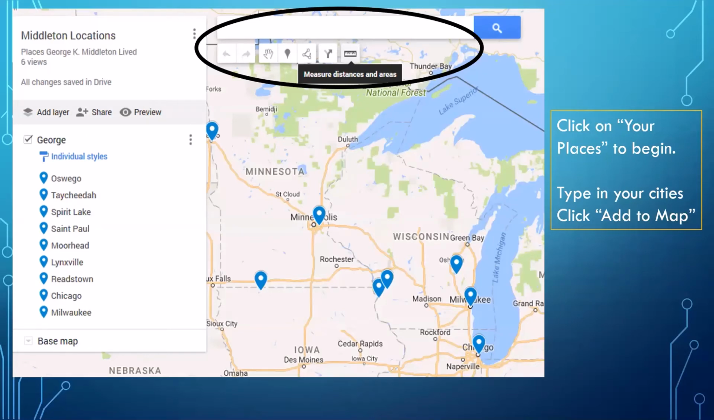So like I said, my great-grandfather worked for the railroad, so he lived all over the United States. So I went in, and in the search bar, I can search for Taycheedah, Wisconsin, St. Paul, Minnesota, Moorhead, Minnesota, Lynxville, Wisconsin, Reedstown, which is where my grandpa was born. And when it searches for the word, I can then click on the word and it'll pin it to my